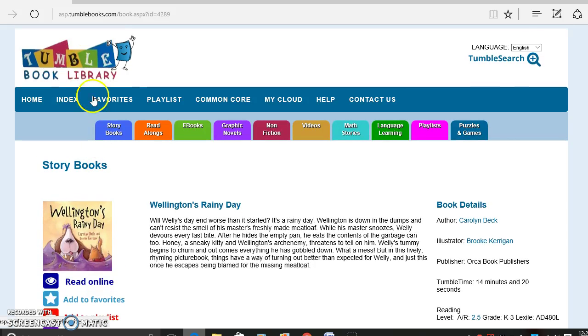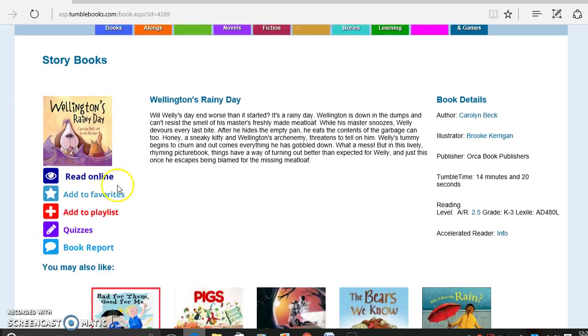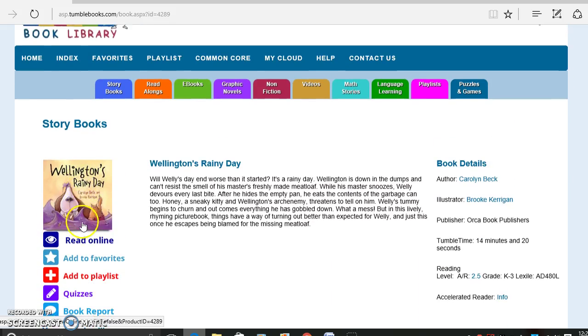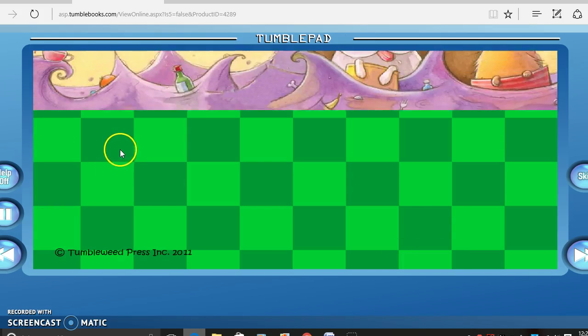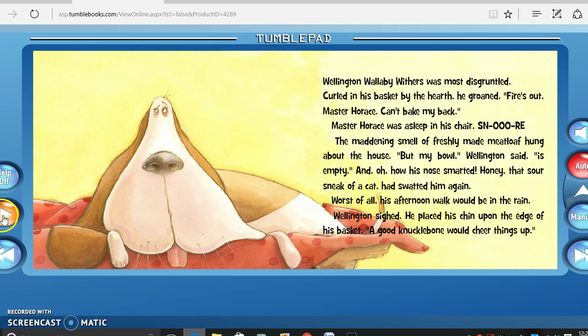You can add to favorites, which you'd access right there, add to playlists, which you'd access right there. You can have the students do quizzes or make a book report about the book as well. So if you click read online, it comes up like this. It's going to come up with the title of the book, which I'm going to skip. But when this starts,